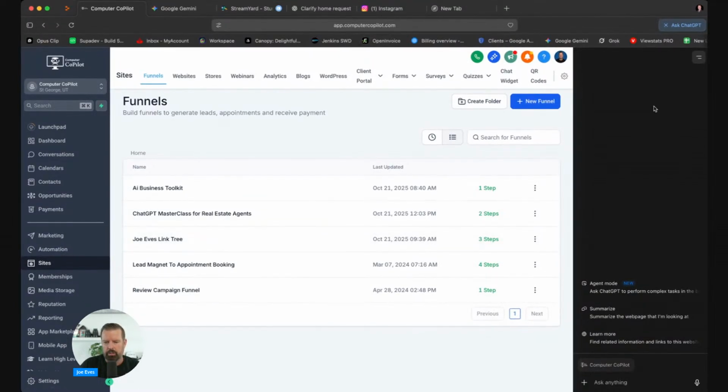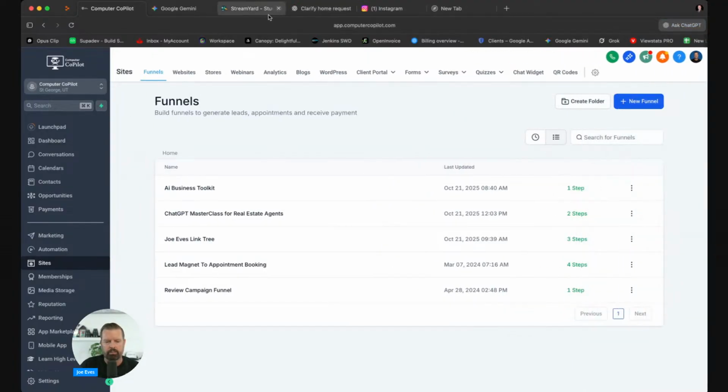Okay, so you should be able to see on this side right here the agent mode. So what you do is in the browser, you would hit Ask ChatGPT. And so asking ChatGPT right there will let you,